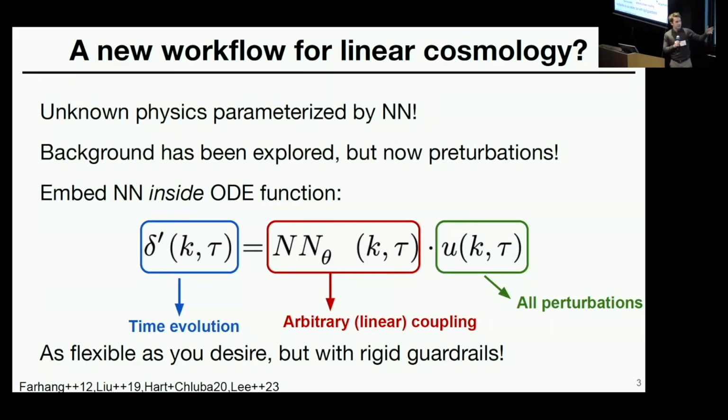And at the end of the day, once you've fit the neural network weights and biases through a power spectrum or whatever downstream observable you have, you will have some reconstructed neural network in the space where the physics is really actually happening in the couplings of the ODE. Okay. And it's important that this is not a general neural network on the right-hand side, as you might have for something like a neural ODE, because we want to not break linear perturbation theory. So it's just some coefficients of a linear operator.